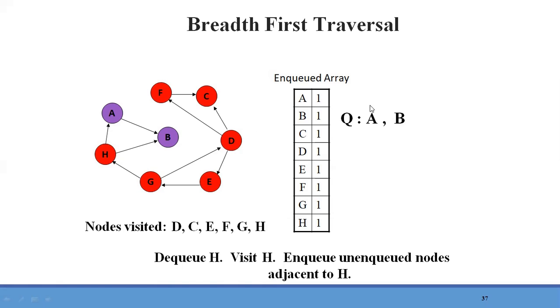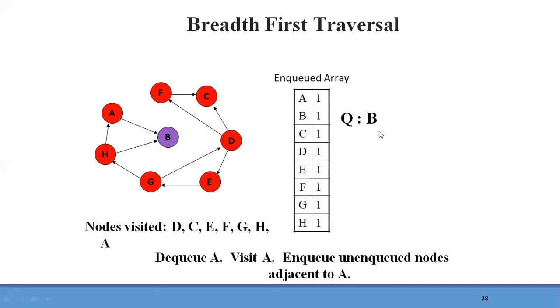So first we need to visit the node A. So for that we need to delete it from the queue. So A will be deleted and here it will be visited. Once it is visited, it will be displayed in the output. Next, is there any node adjacent to A? So that is again node B, but that B is already present in the queue.